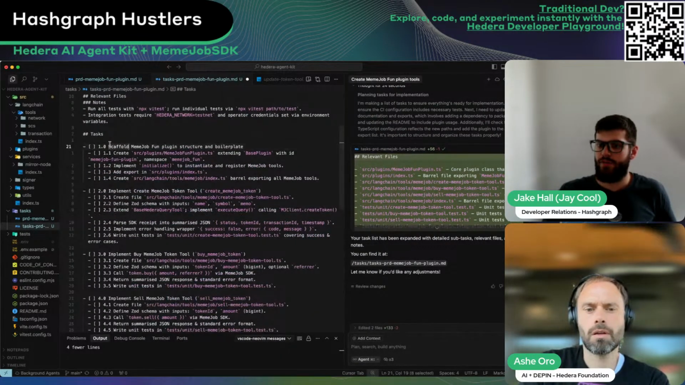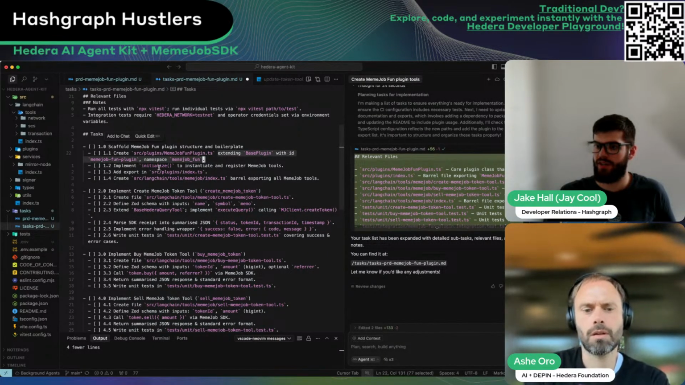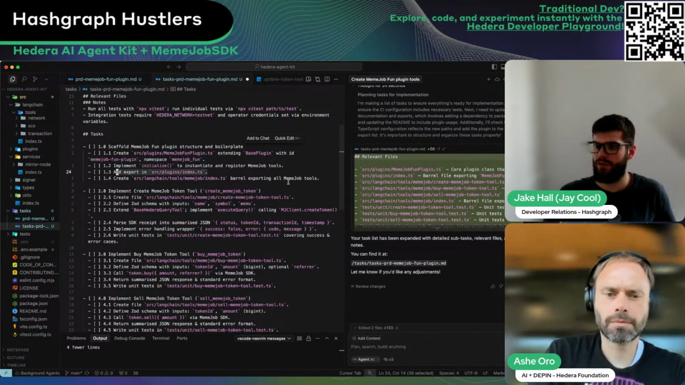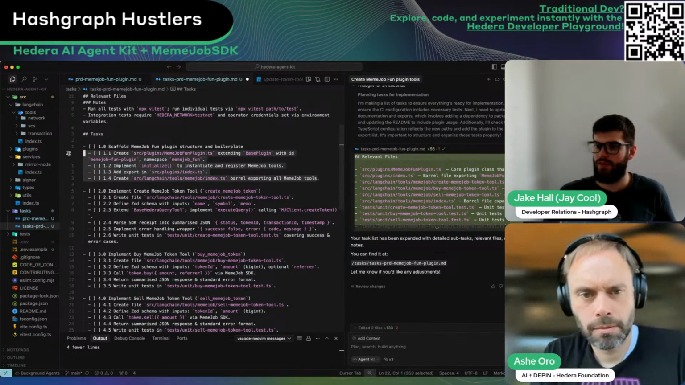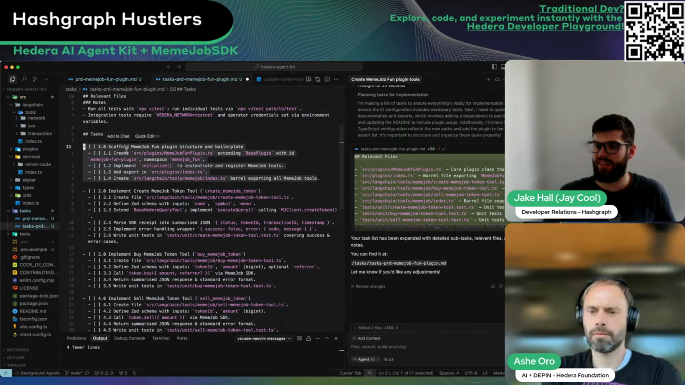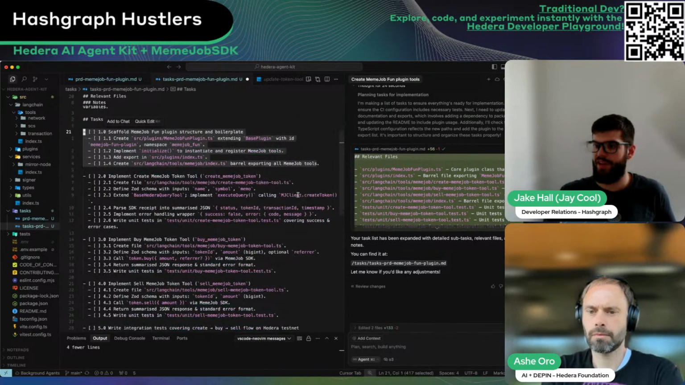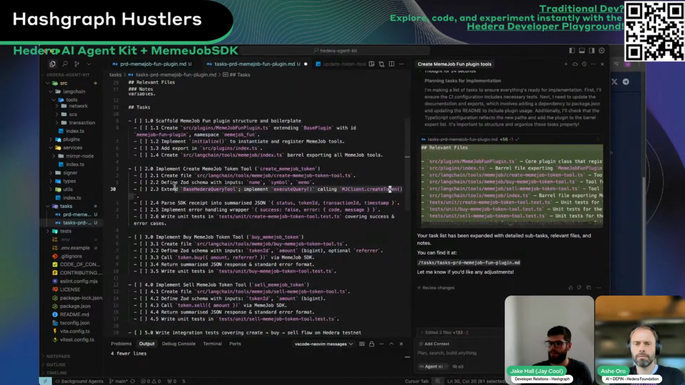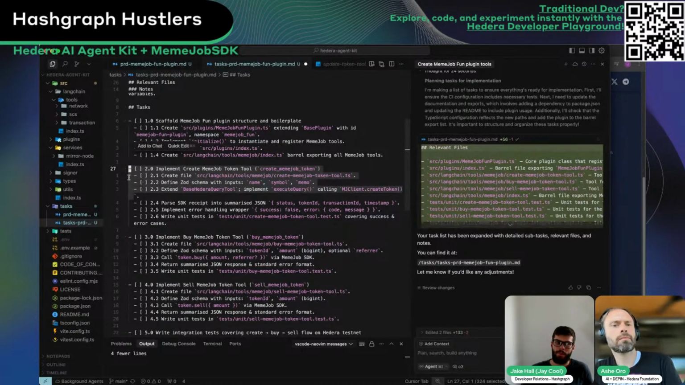So task: scaffold memejob plugin, create that extending base plugin with ID to implement initialize. Add, yeah, that looks good. Okay, so this is the scaffolding. This is where we may need to bring the docs back in,